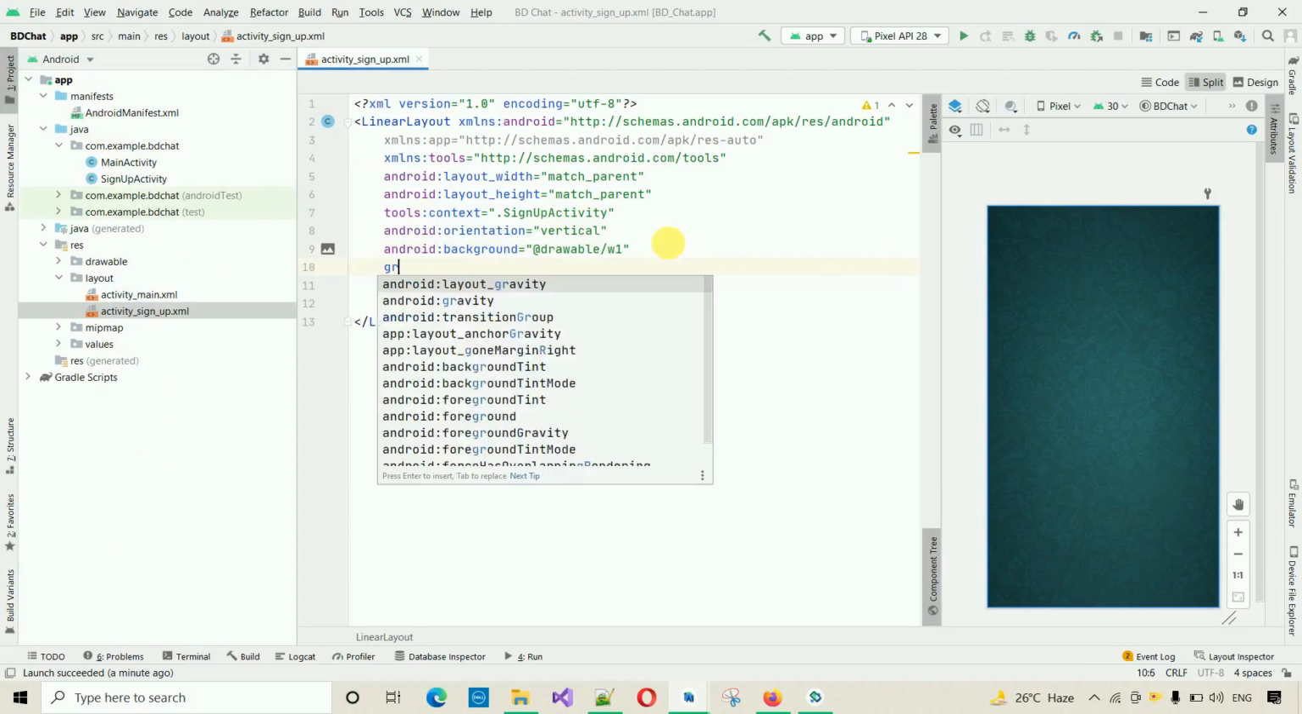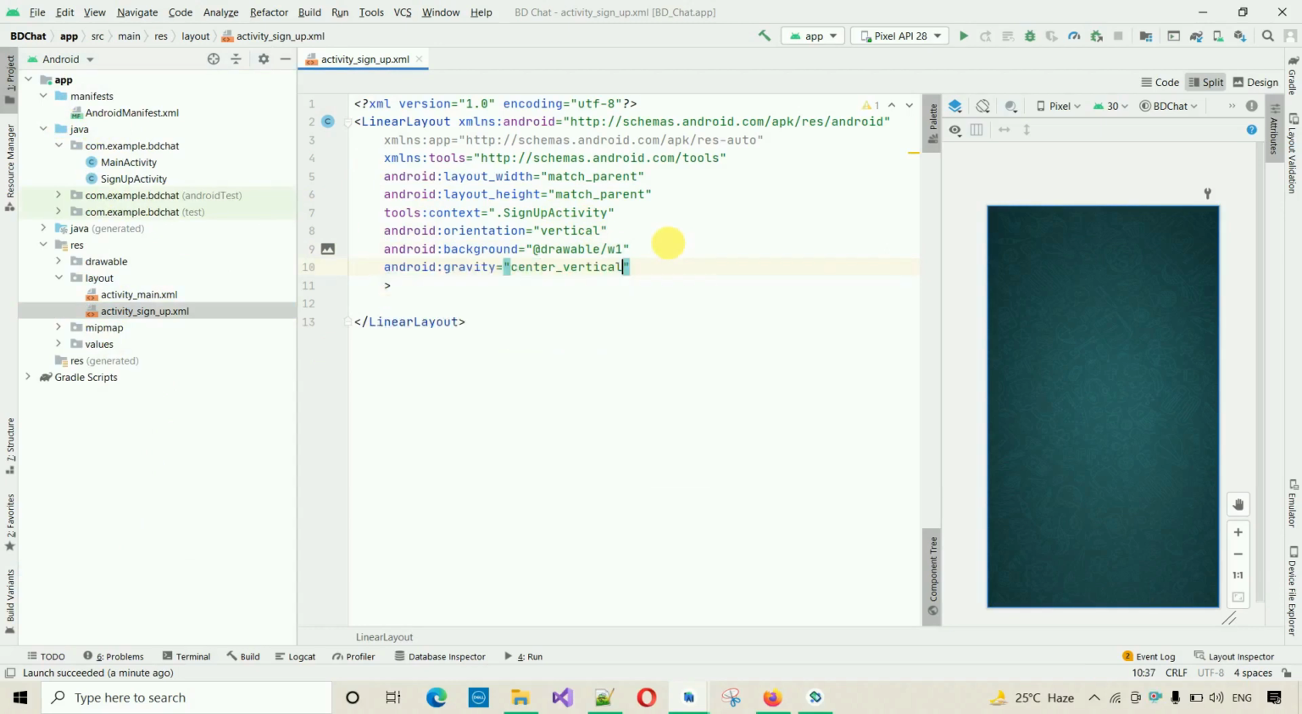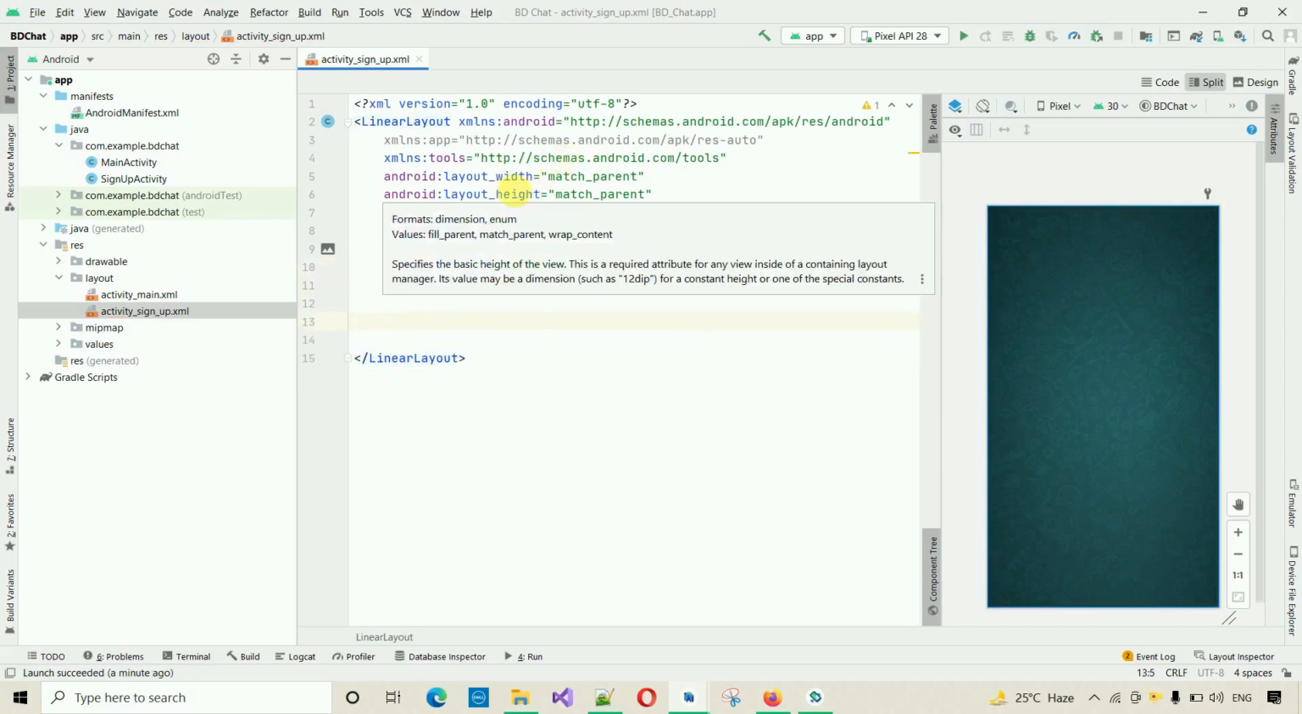After this we have to set the gravity. Just set this one to center, not center vertical. I'm going to set this one to center. Now the task for this one is done. Inside this one I'm going to create one more linear layout,